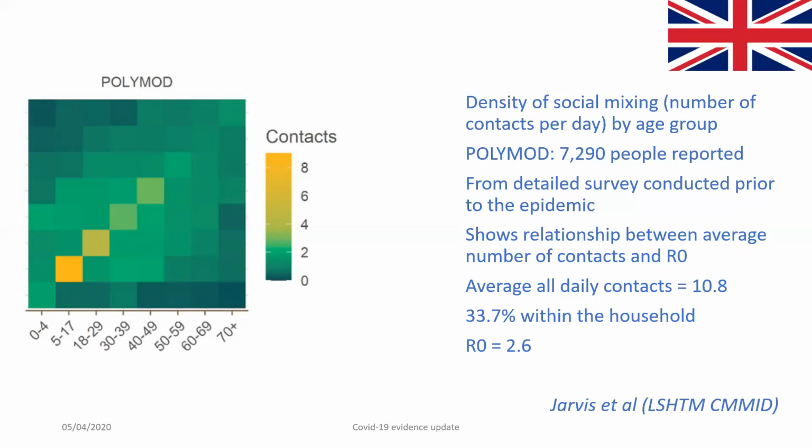And on average, they found about a third of contacts were within the household and 2/3 were outside, either at school or work, for example. Using other estimated parameters, they estimated that R0 prior to any social distancing measures would be around 2.6 in the UK population. So what do these factors mean for the outbreak in the UK?